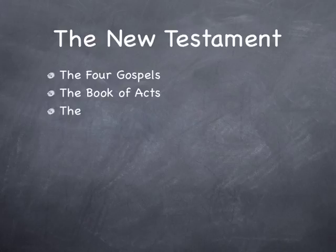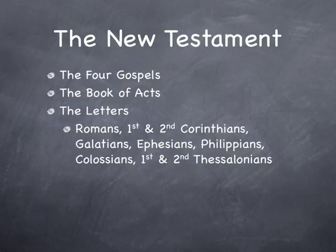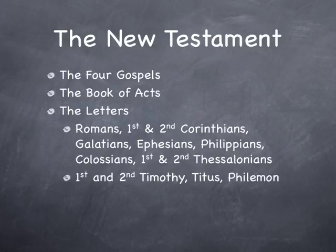Next come the letters, 22 of them. We start with Paul's letters to churches: Romans, Corinthians, 1st and 2nd, Galatians, Ephesians, Philippians, Colossians and 2 to the Thessalonians. Next we have Paul's letters to individuals: Timothy, who gets 2, Titus and Philemon, and then the letter to the Hebrews. This might be by Paul or it might not, but it is certainly a letter to the Hebrews,